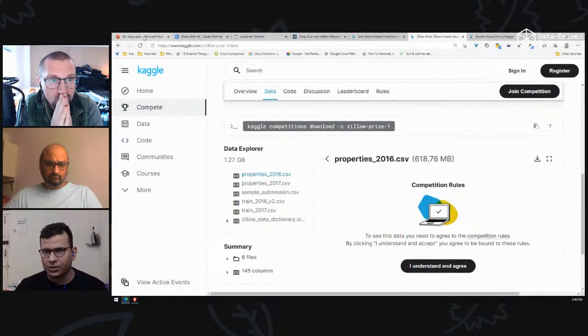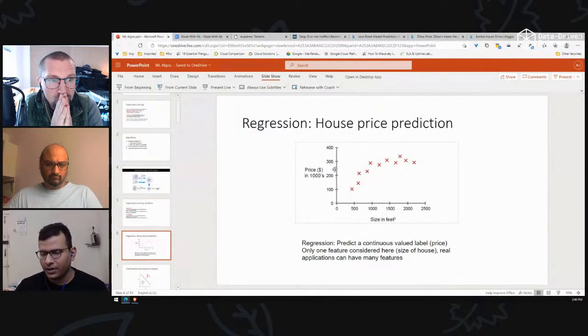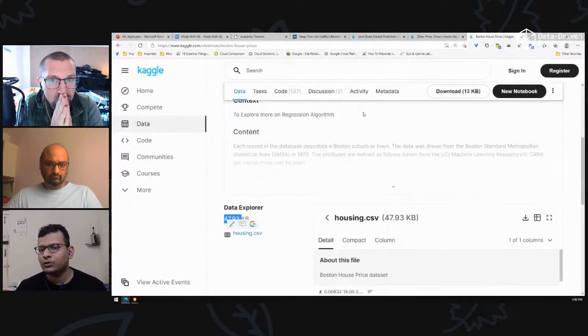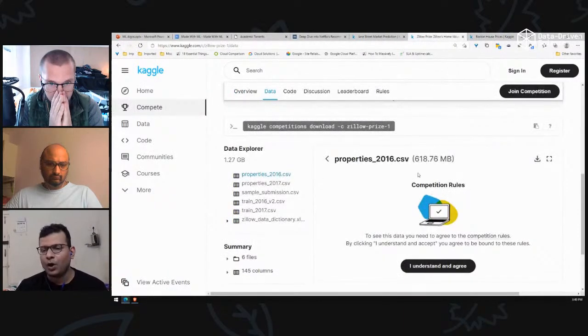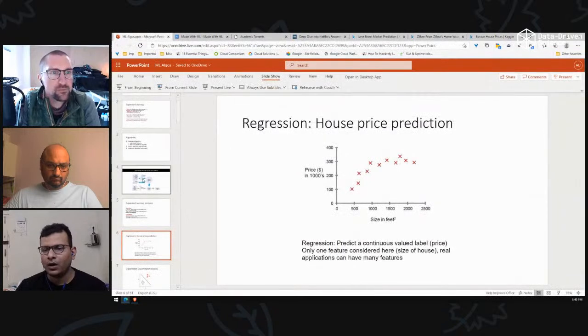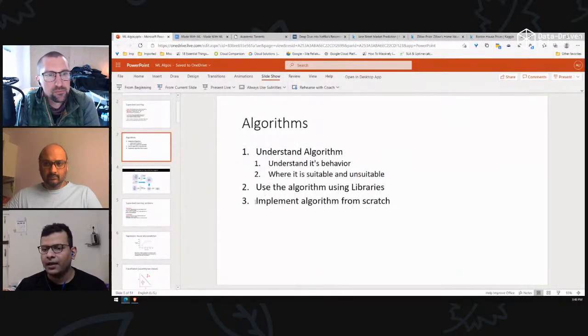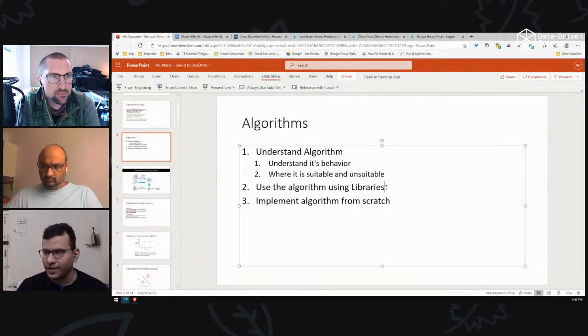So when we talk about regression, today we saw how to do linear regression using Scikit-Learn or Spark MLlib. And if you want to do this more, this problem of Zillow and also Boston housing price is a great problem to experiment with. The reason we are not going into the details is, like I said, implementing an algorithm from scratch should be the last thing we think about. We should first use the algorithm as is and then investigate its behavior.